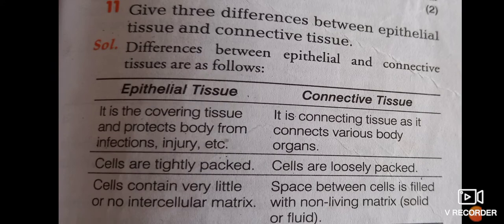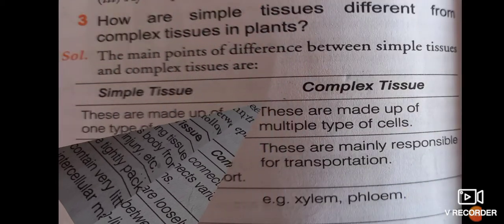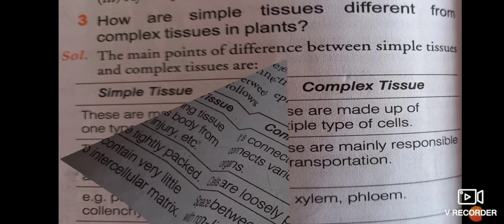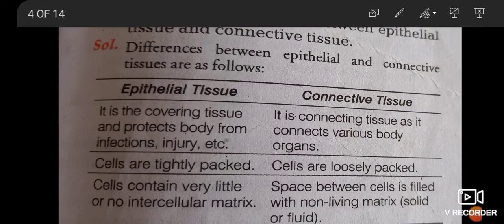Okay, moving with the third difference over here, that is: give three differences between epithelial tissue and connective tissue. So very first I want to tell you that epithelial tissue and connective tissue are animal tissues. The first point is that it is the covering tissue and protects the body from infections, injury, physical stress or physical